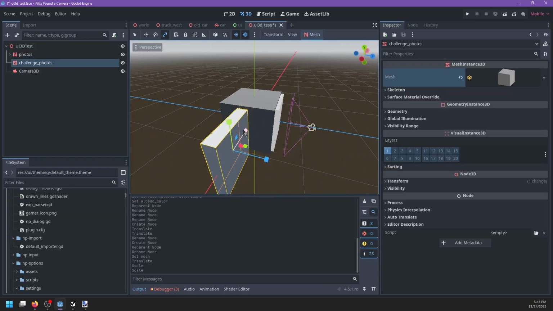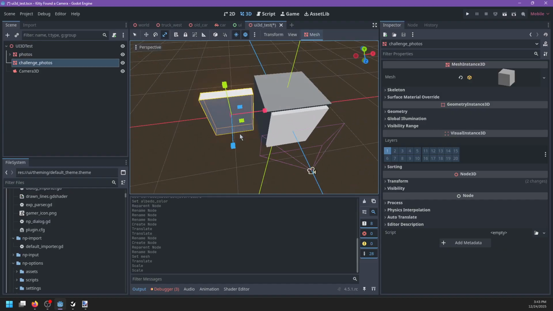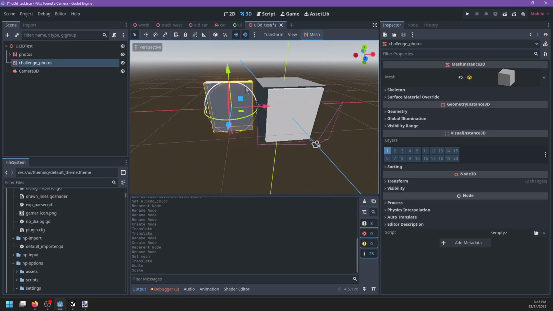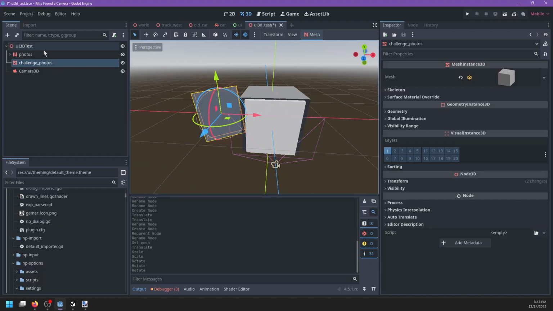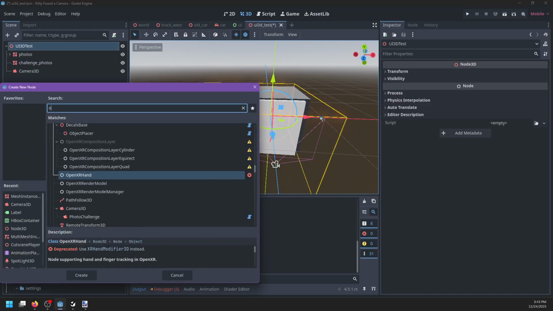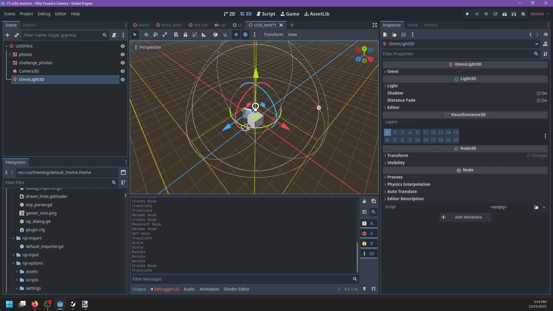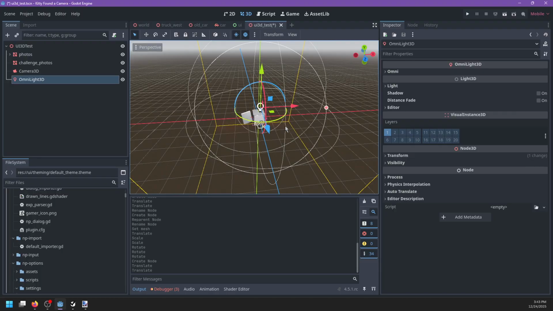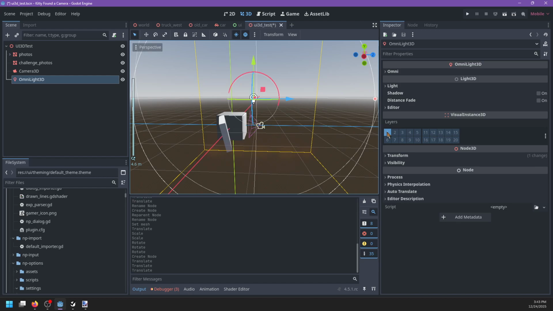So I'll just start this with, I guess, just basically laying all of these out. And let's also have a test. Let's have an Omni light. And I think what I'm going to do is have it like here, so basically you can always see what's in front of you. And the way that this is going to be done is